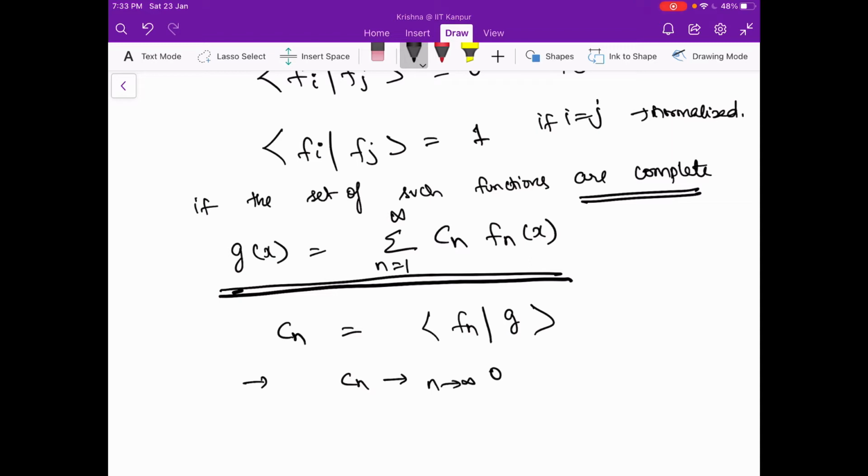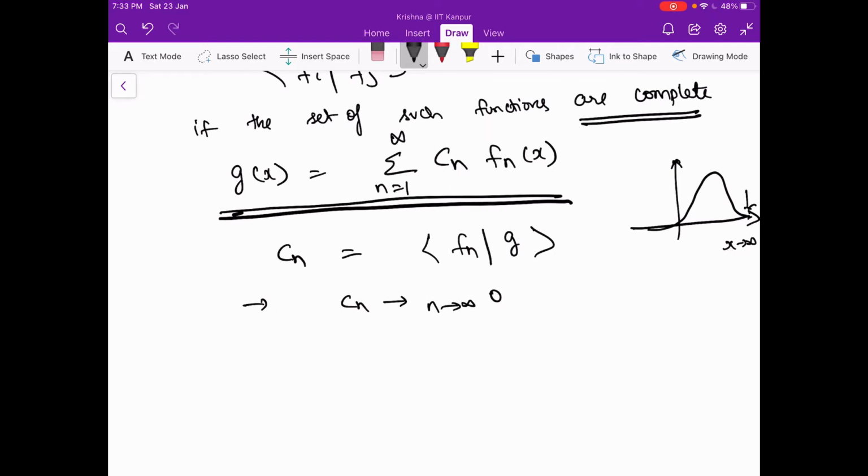So this is to say that if you have a function like this, as x tends to infinity, it always comes down to 0, because it is only those functions that we can work with, because it's easy, because it is these functions that we can prove are actually square integrable, right? So let's